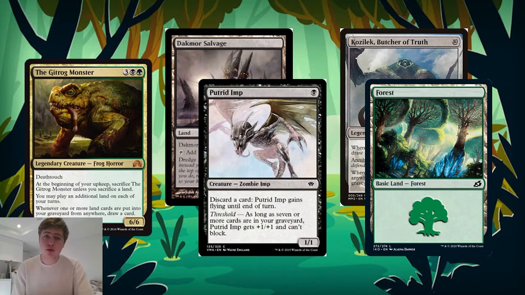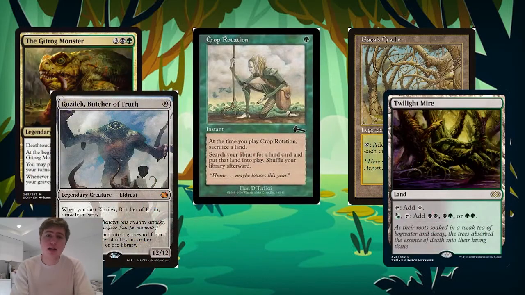So you have Dakmor, Putrid Imp, same setup. You have Kozilek and a land card in your library. You then discard Dakmor Salvage 1 million times, over and over, always milling Kozilek and Forest. So you always get shuffle, draw, shuffle, draw, shuffle, draw, shuffle, draw. But you never resolve the draw triggers, only the shuffle. So this lets you get 1 million draws on the stack. With 1 million draws on the stack, that means you can cast Crop Rotation, Gaia's Cradle, Twilight Mire loops. So this means you have a land in play, you cast Crop Rotation, sacrificing the land. So you have Crop Rotation and land in bin, trigger Gitrog